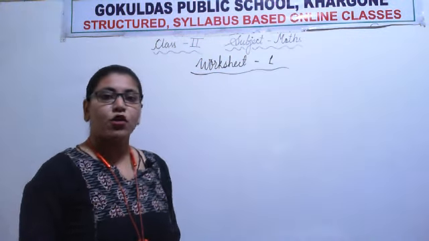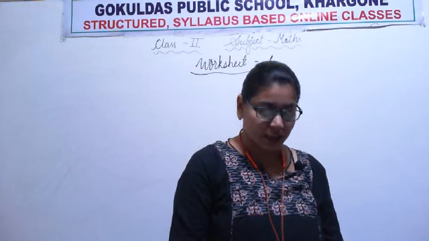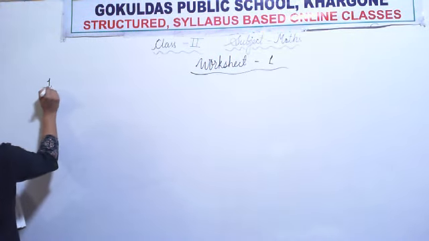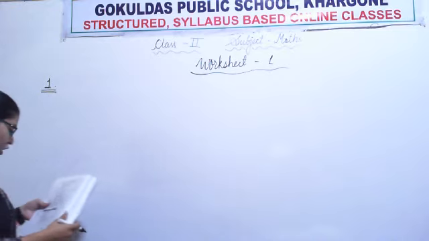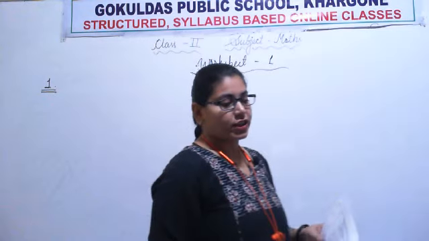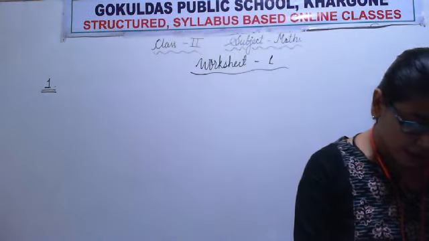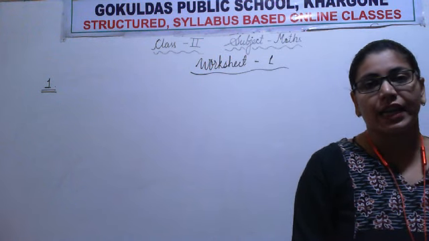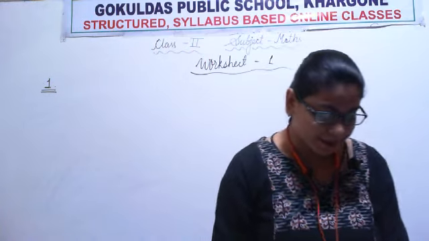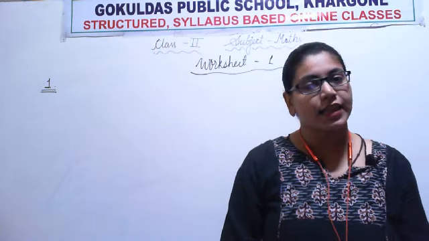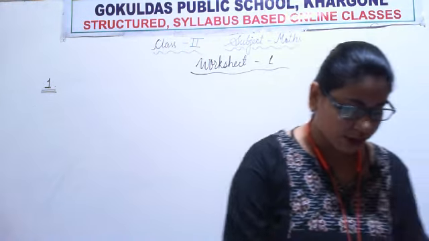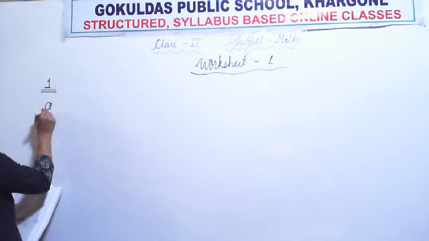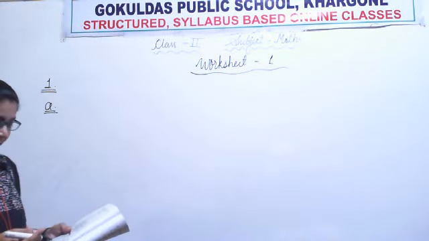Worksheet 1 of chapter 4, multiplication. This is a practice worksheet, okay? So question 1 was multiply by repeated addition. This worksheet was based on chapter 4, multiplication. All kinds of questions are there in the worksheet, okay? So question 1 is multiply by repeated addition. So you know all these things.